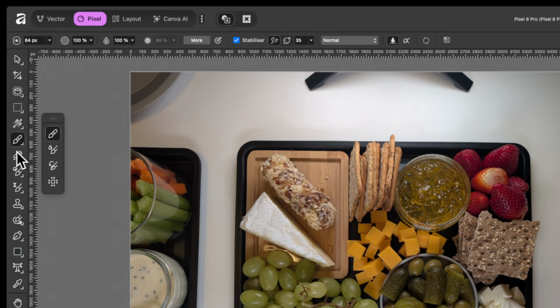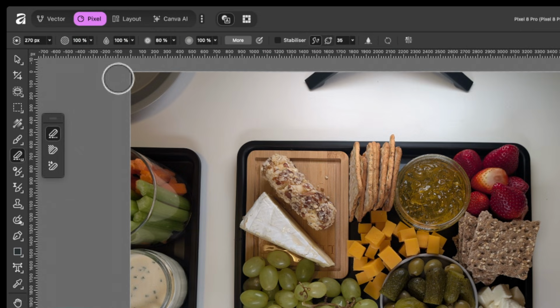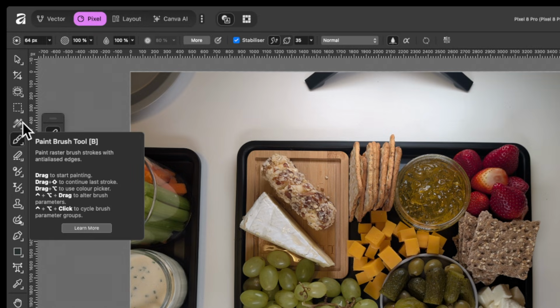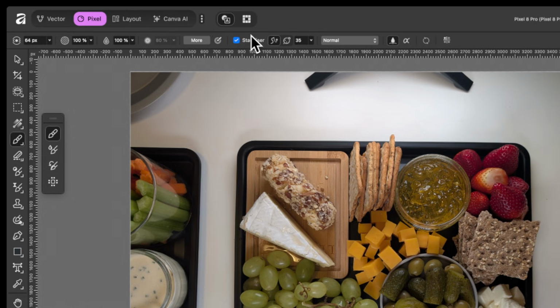So notice as I select each one of these tools, just above the photo here in this area, the options change. This is basically called the context toolbar. And the options in here all relate to the tool you have selected. So right now I have the paintbrush tool selected and I'm given more options in the context toolbar. Basically, these options allow me to tweak how the paintbrush performs. So I might want to make a bigger paintbrush up here by changing these values. I might want to make it slightly softer or even use a stabilizer. And each tool has different options that relate to that tool.